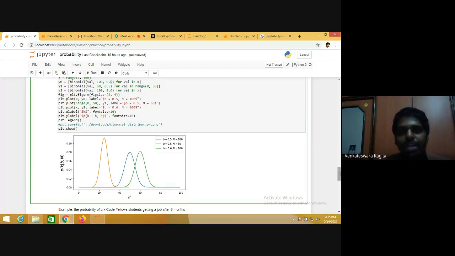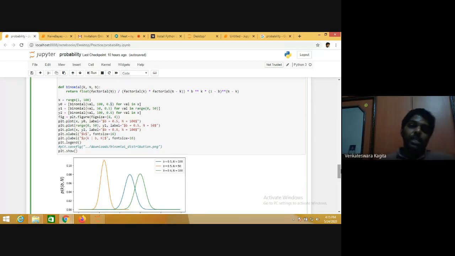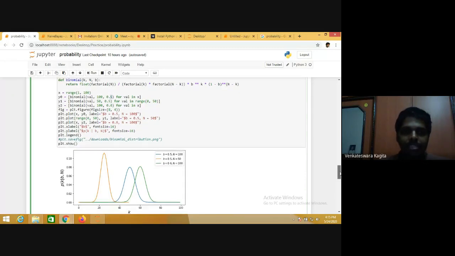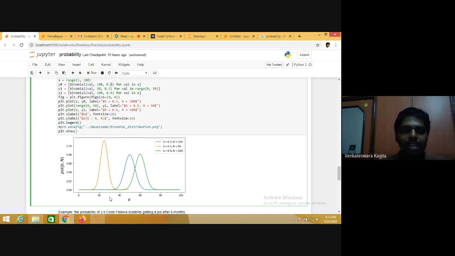For example, you have 100 trials of coin toss, and probability of heads is 0.5. Then if you toss 100 coins, the count is most likely around 50, isn't it? So if there is no bias in the coin, it is centered. If there is a bias, then the mean value may shift.